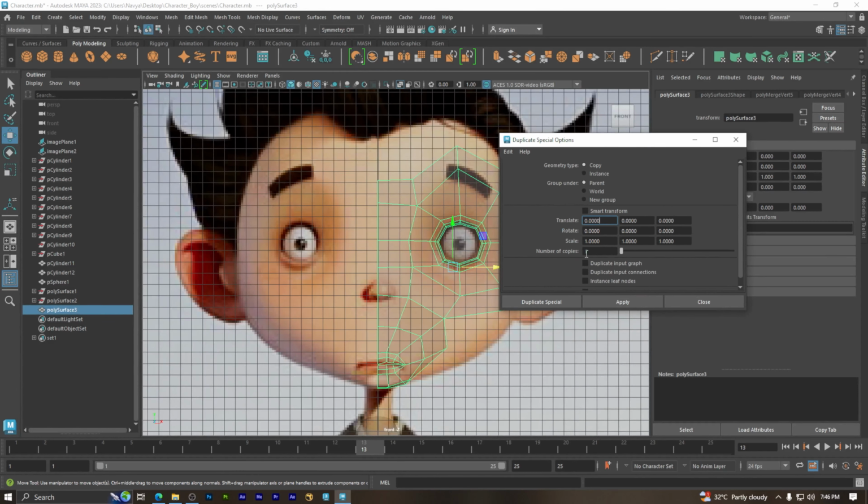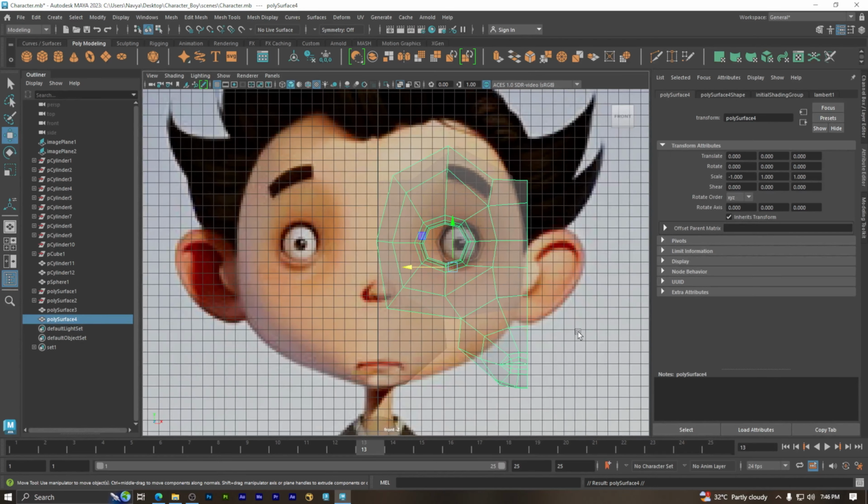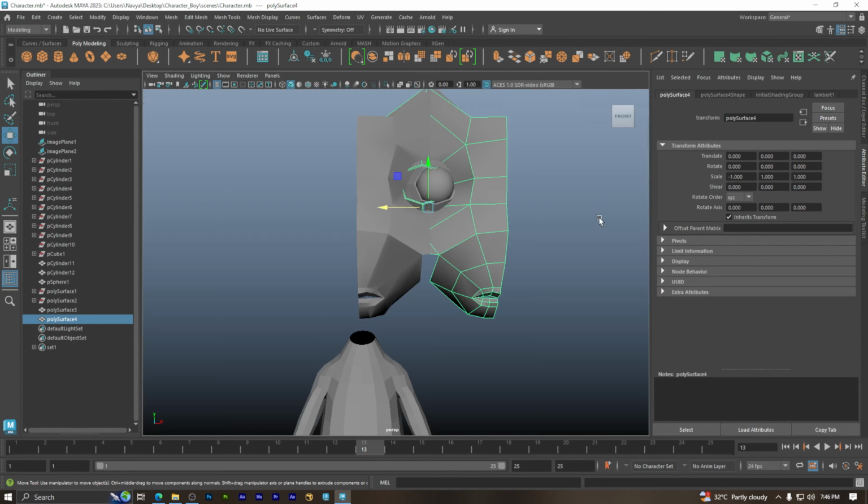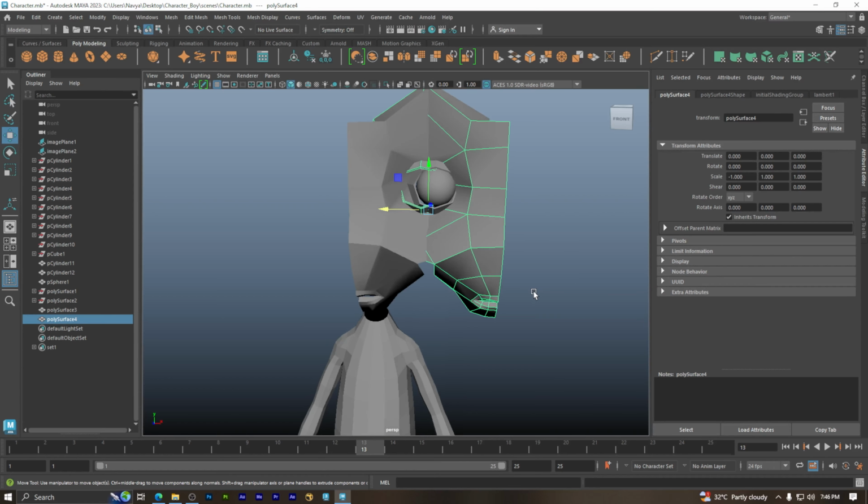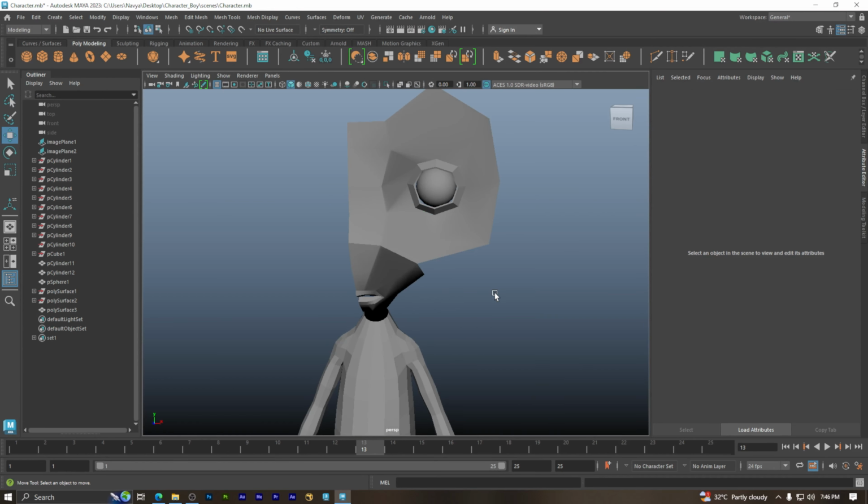Here we want to create, flip it on the other side. So in the scale, we will write -1. Before writing anything or typing, just go to edit and reset it once, and then in the scale X you can type -1 and then hit apply. So this has created a copy, but the copy is not at the proper position, so we will delete it again, and